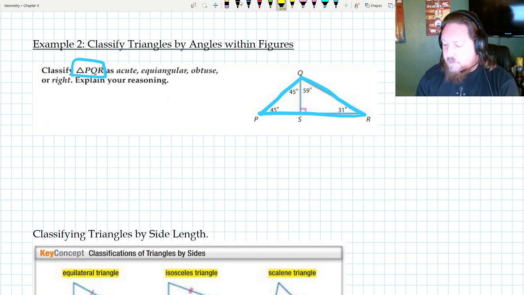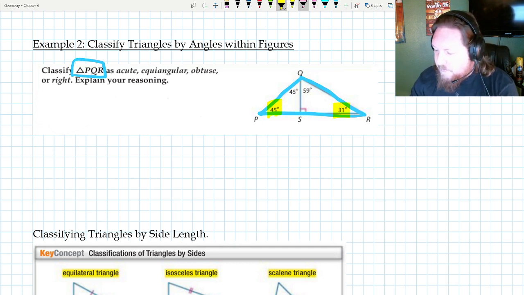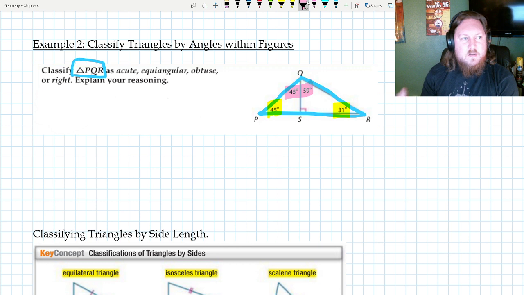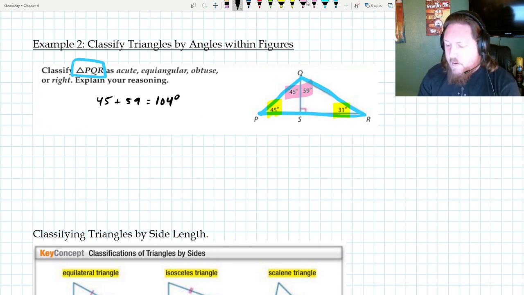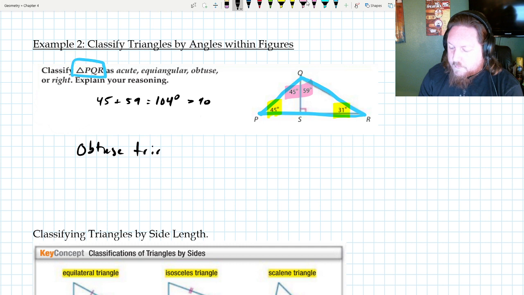Let's take a look at the three angles. Angle P is 45. That's acute. Angle R is 31. That is also acute. So far it looks acute, but we've got this big angle up here in the top. And you see how it's these two other smaller angles added together? 45 plus 59, what do those add together to be? Looks like they add together to be 104. That's bigger than 90, right? So this is an obtuse triangle